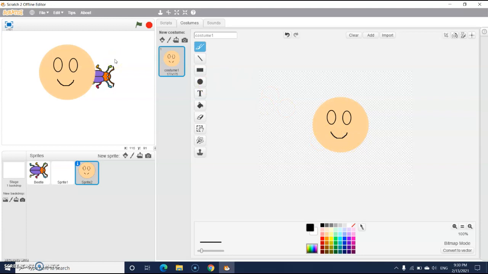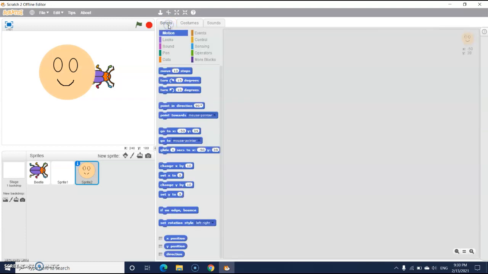See, I have drawn a sprite of smile. Now click into the scripts pane again. You can just move this sprite and change the location.